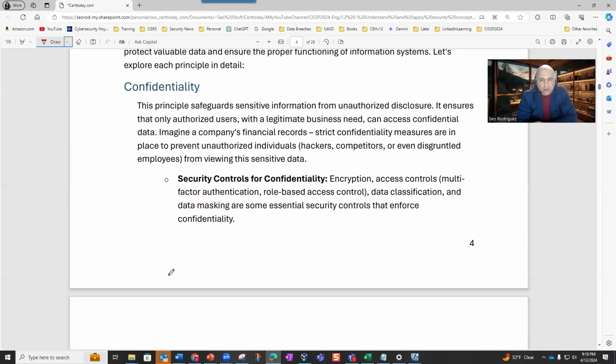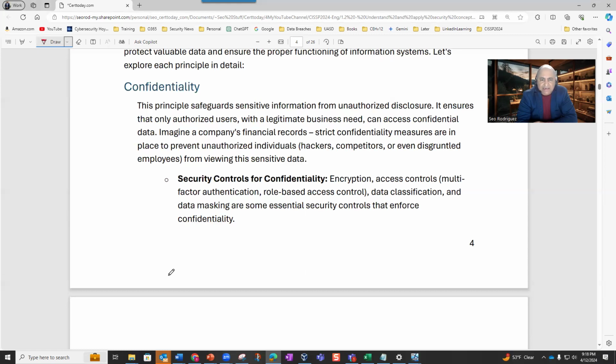Imagine, for example, a company's financial records. Strict confidentiality measures are in place to prevent unauthorized individuals, that is, hackers, competitors, even disgruntled employees from viewing this sensitive